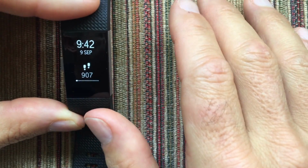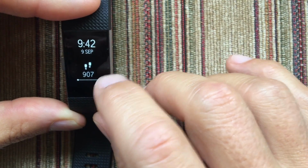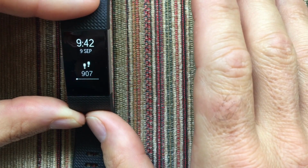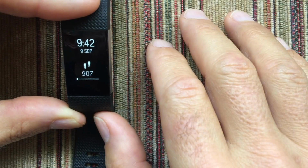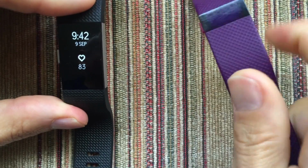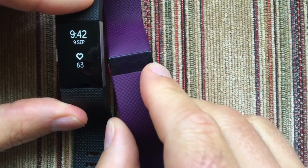So that's quite limiting in terms of smartphone notifications, but in a way the Vivosmart HR Plus gives you all of your smartphone notifications, but they're either all on or all off. So that's a big difference. One really huge difference for me, however, is that,